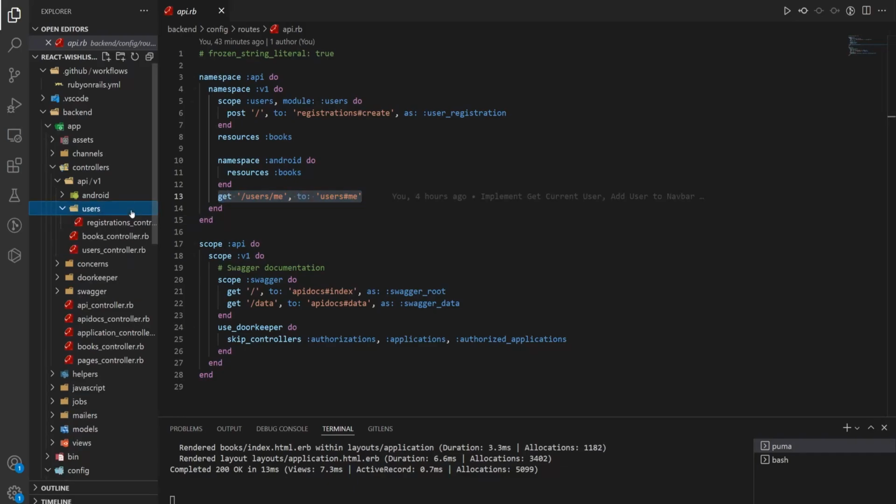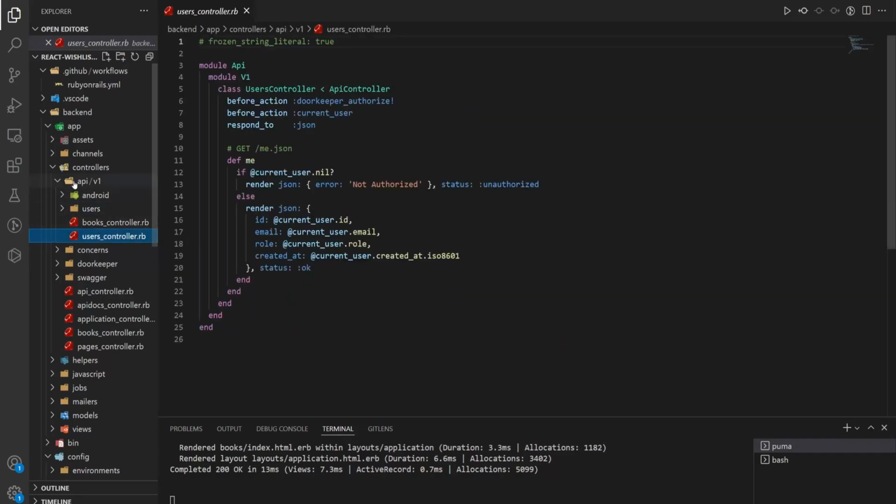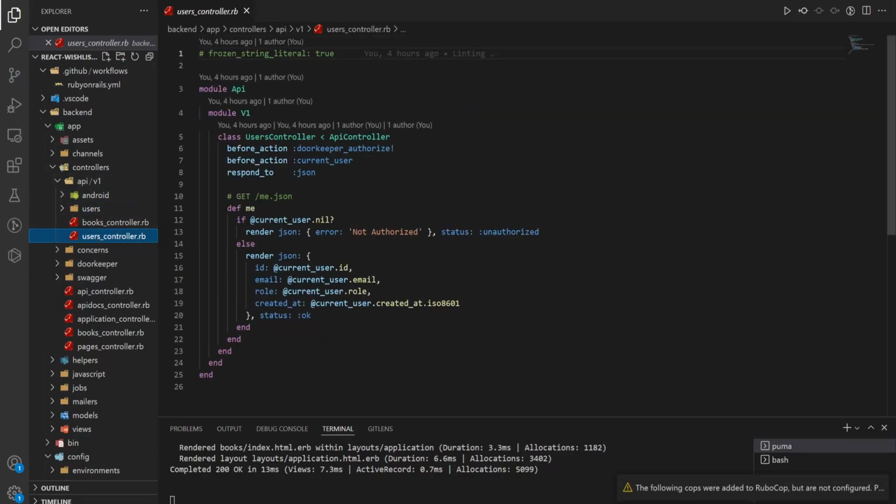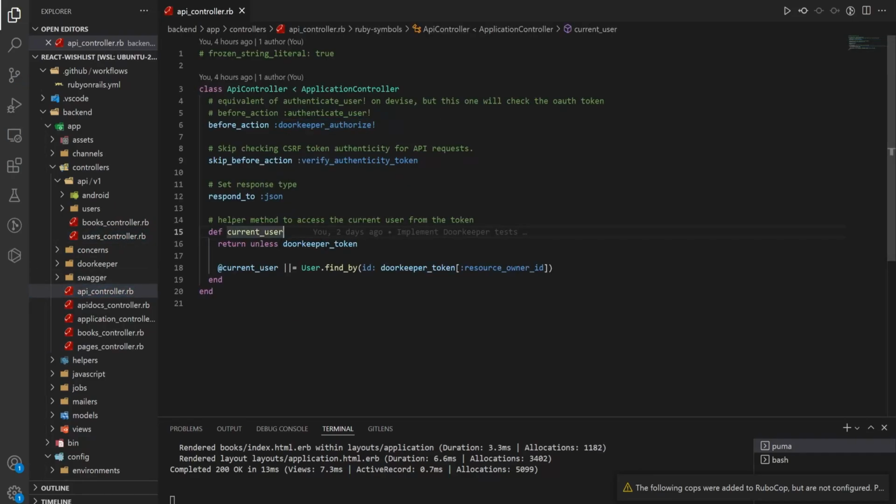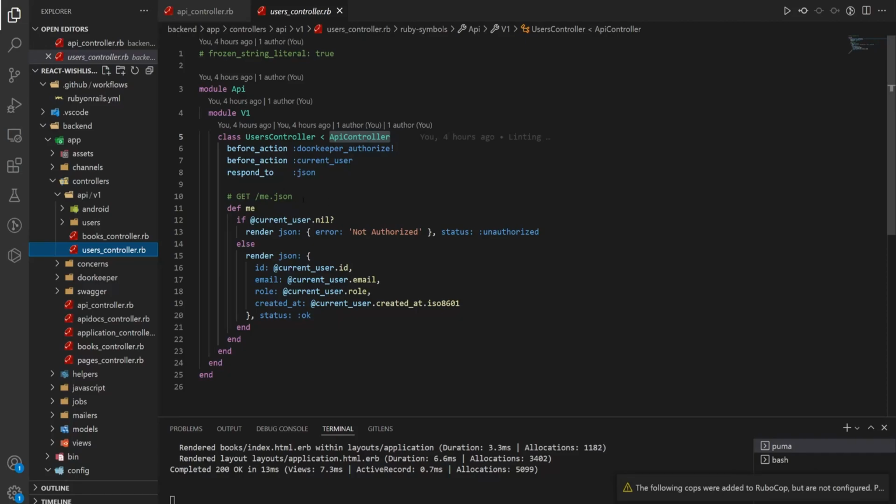get /users/me, which goes to the users controller inside of API v1. And what this does is it checks if there is a current user, which we are defining by calling current user, which is inside of API controller. How it works is if there is no Doorkeeper token, it'll return, but if there is one, it'll try to find the user by that resource owner ID, and if it finds it, it'll set it inside of @current_user. We then take that, and whenever we go to the API v1/me location,